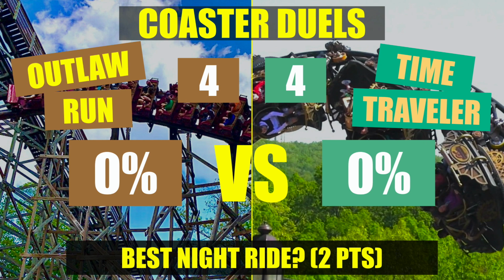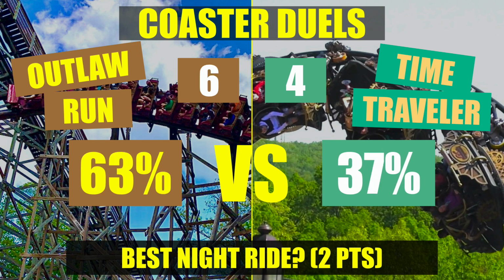Hopefully nothing hits me. With Time Traveler, yes, it's dark back there as well, but the pacing is a little bit slower than Outlaw Run, so it has less of a scary experience. Plus, there's a lot of lights in that area, so I don't think it's as dark. So personally, Outlaw Run's my favorite night ride at the park. It's one of my favorite night rides in general. So let's see if our voters agree, and Outlaw Run does win with 63% of the vote and takes a